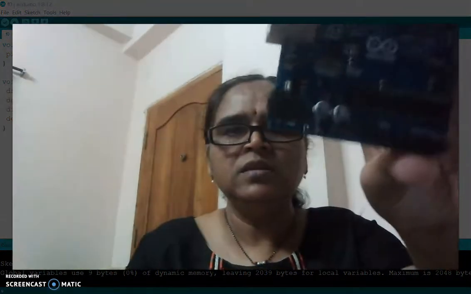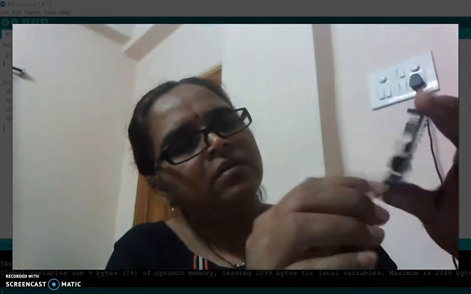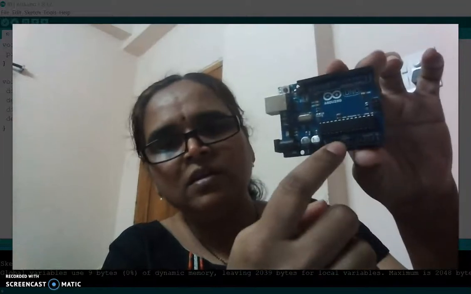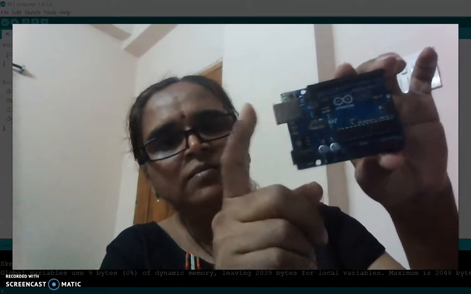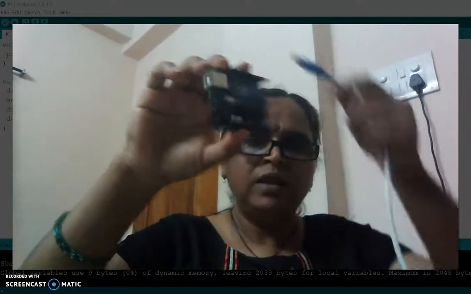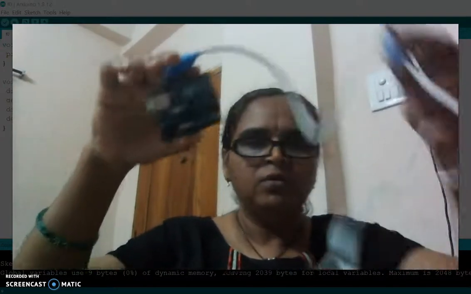So see, this is the Arduino board. It has digital pins here and analog pins here, and some power pins also. This is the power jack. You can attach this board to your laptop or desktop with the help of this USB cable.